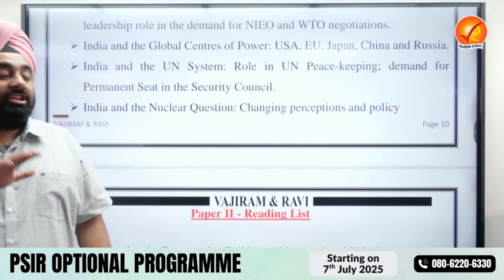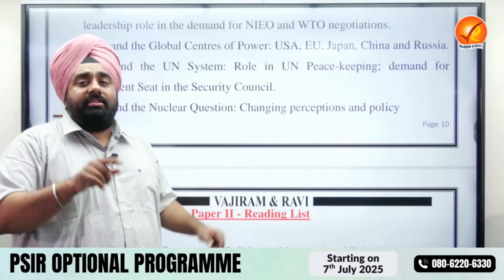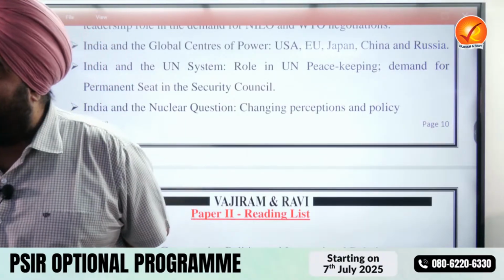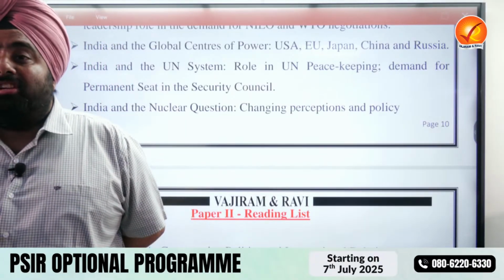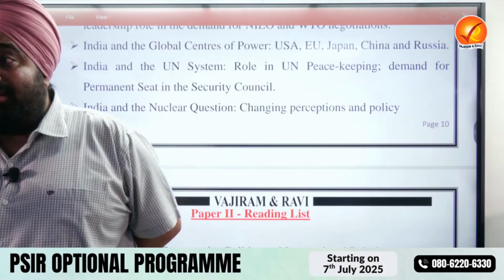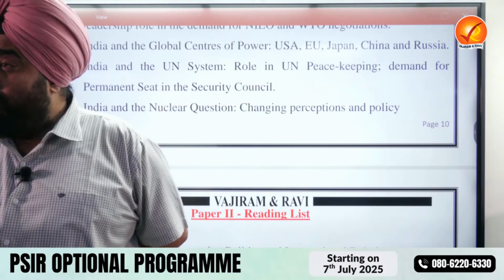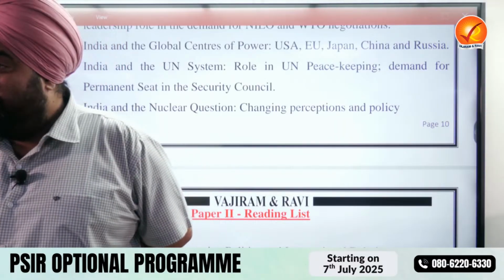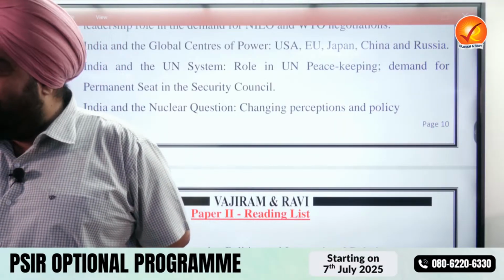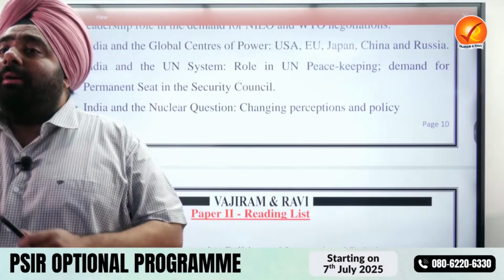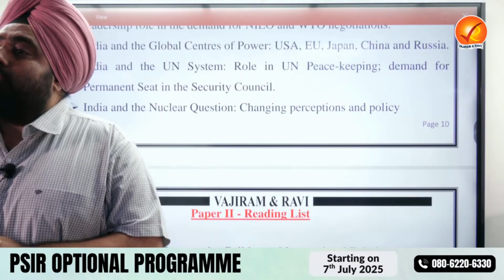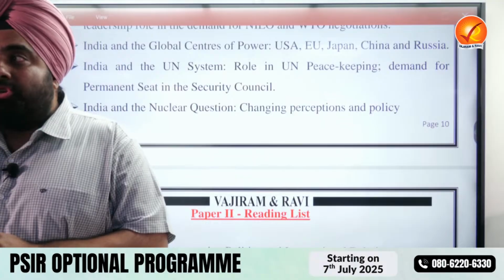So this discussion which we do in this particular chapter, what is your understanding, students, of the idea called nuclear non-proliferation? Non-proliferation means that nuclear weapons should not spread. New countries like Iran should not be allowed to acquire nuclear weapons. Nuclear weapons should not spread into new countries. Right now, how many countries have nuclear weapons in the world? Nine countries have nuclear weapons. No more countries should be allowed.